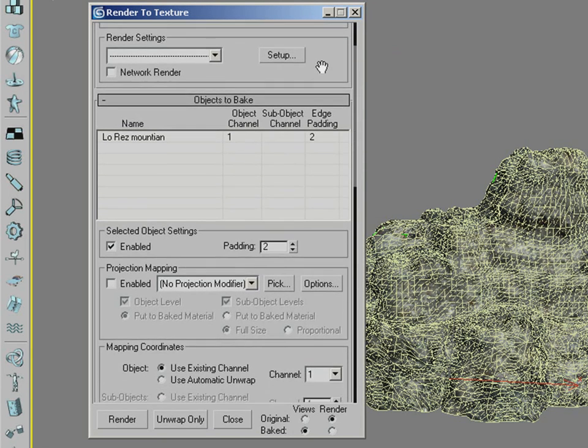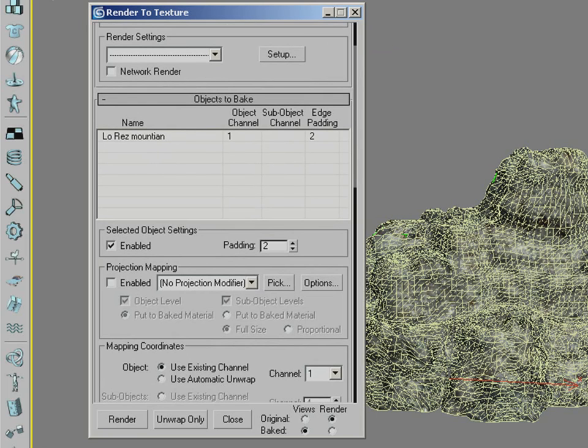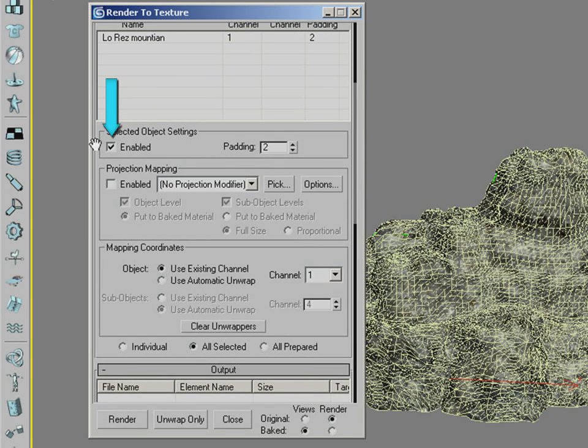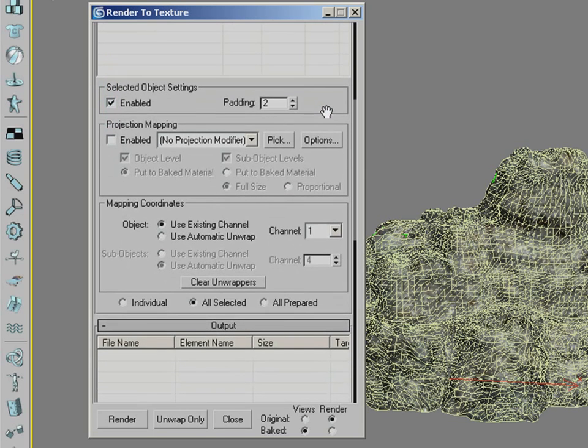We're going to scroll down a little bit more. You'll see Low Res Mountain. That's our low res version, which is buried under my high res version right now. Should be selected, and it should be listed here. As we go down a little bit farther, you want this button to be enabled. Scrolling down a little bit farther, click Enabled under Projection,